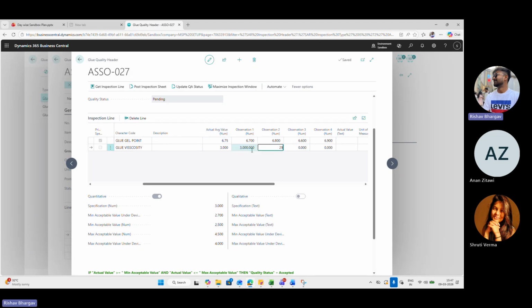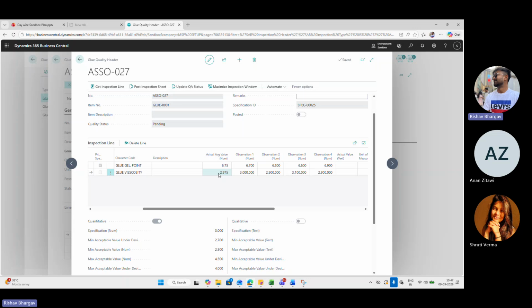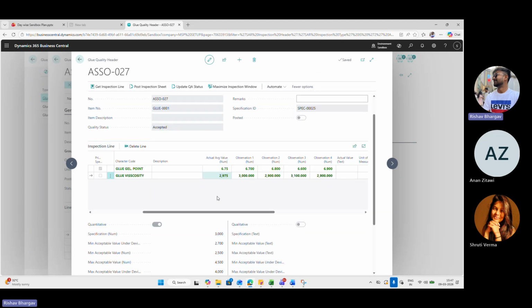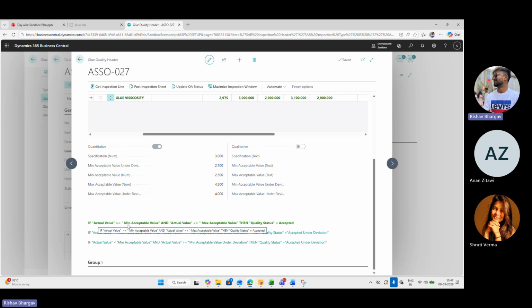Then 3,000, and it will give us the average. For this, we need to do the quality update QA status. By clicking on QA update status, it will fill in the remarks that it is accepted, and the line will turn green. Green means it is accepted.